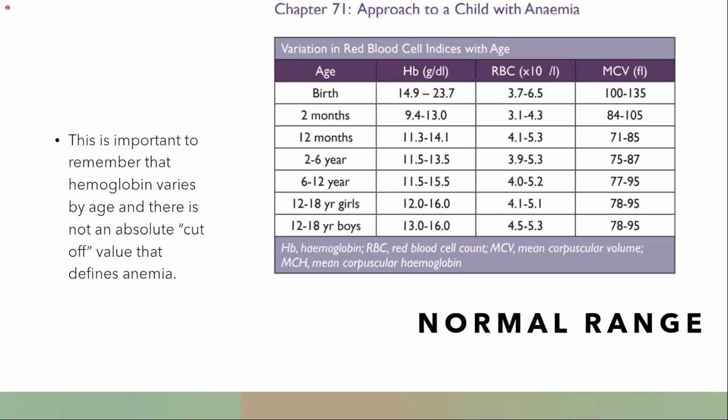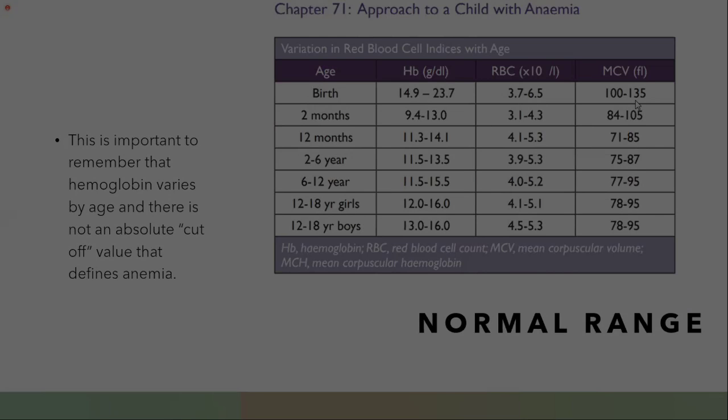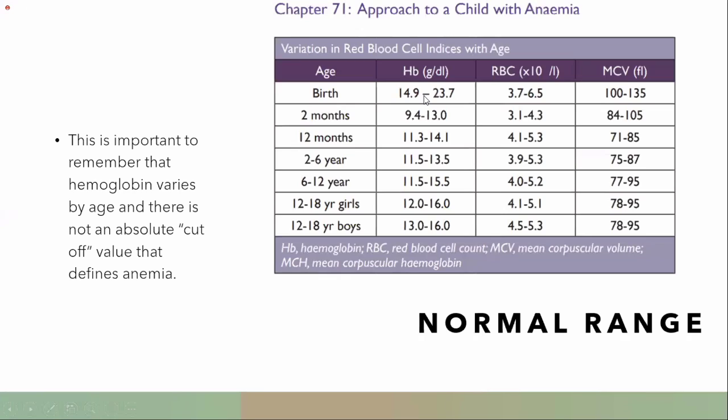This is much more detail about the variation of hemoglobin in our PITS protocol. So it is important to remember that it varies by age, and there is not actually one value for all children. You can refer to this table. For neonates, just below 14, less than 12 months.